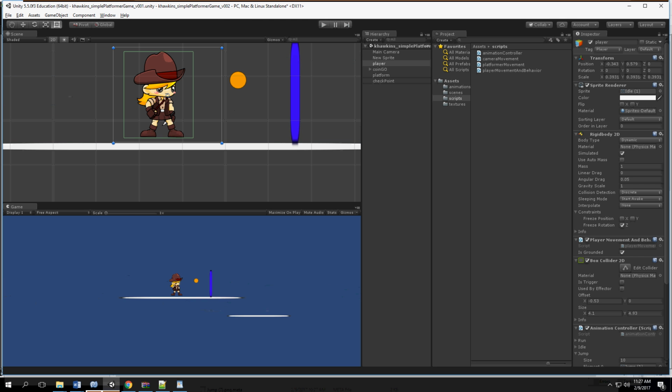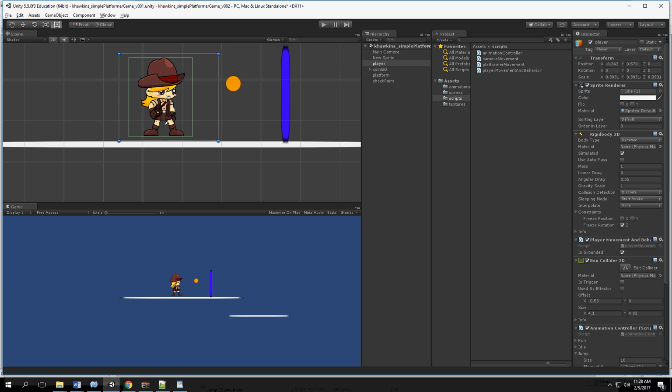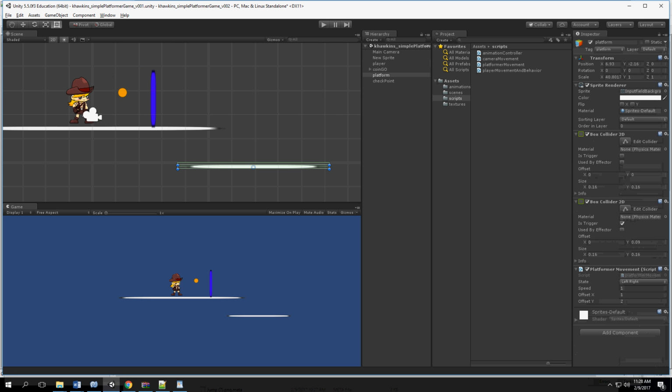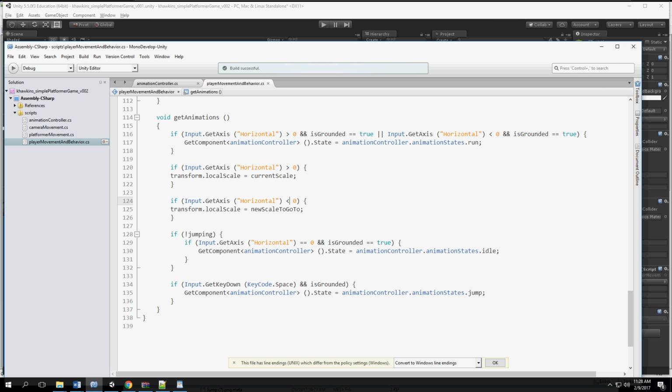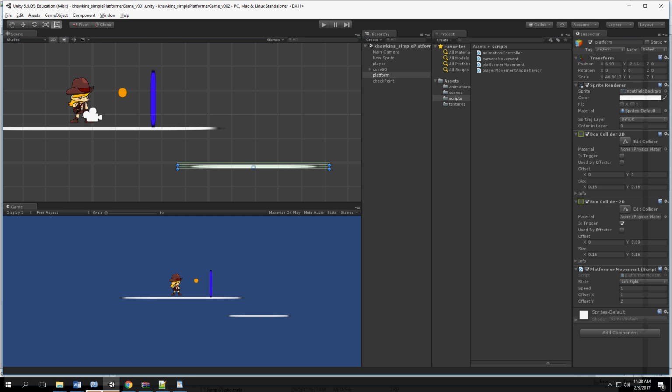Alright. I forgot about this one. And I might have to explain what's going on. So what happens is we're telling this to be equal to this transform, which means it's also getting its scale as well too. And because this scale is this, it's causing the other one to stretch. So what we're going to have to do is for the platform,